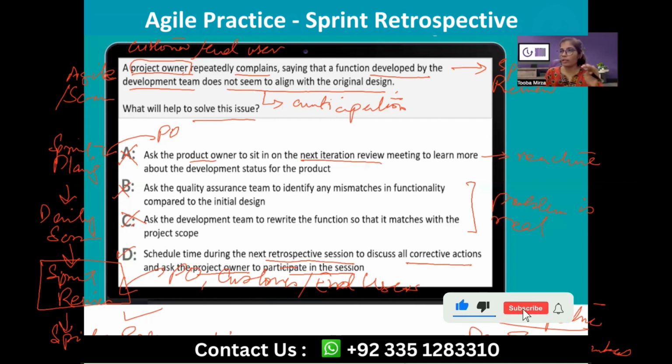So if the product owner has raised a query which you don't think should be argued upon in the review session, where most likely the external customer or end user is also sitting, then it's more appropriate to discuss it offline with him in the retrospective session, because regardless, this is not going to be accepted. Everybody knows that at least this item is not going to be considered as done, because the product owner plus customer both have to provide you